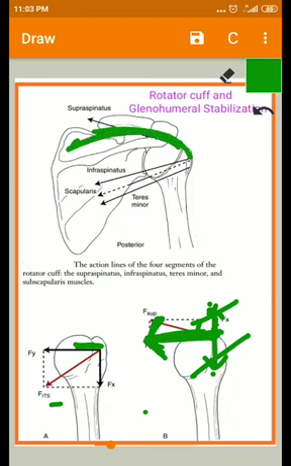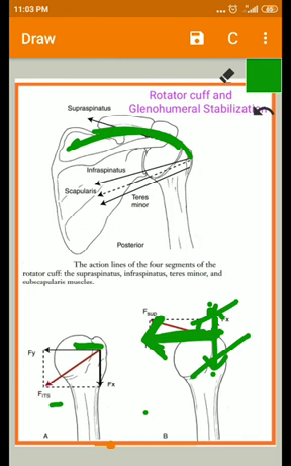Also, this action line, which is directed towards the joint, compresses the humeral head to the glenoid fossa and also causes rotation, which helps in the abduction of the glenohumeral joint. Okay, this is about the rotator cuff contribution in the glenohumeral